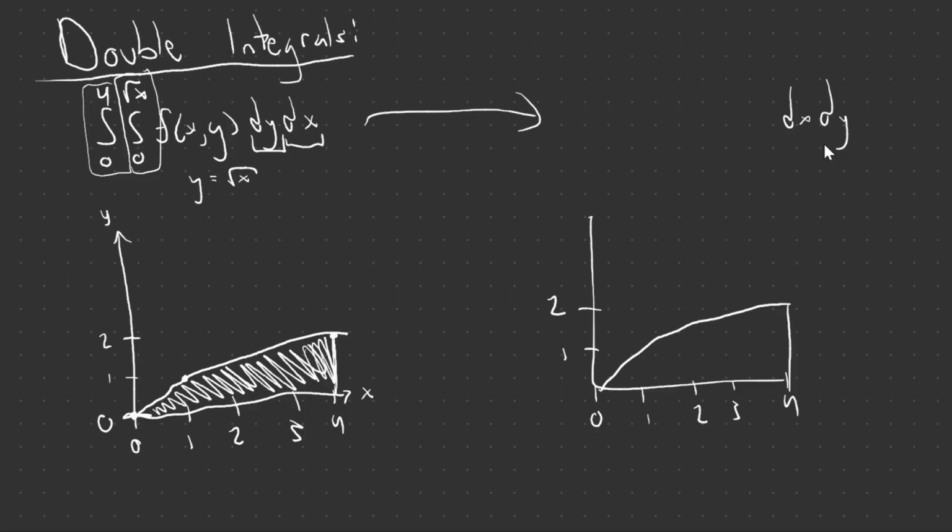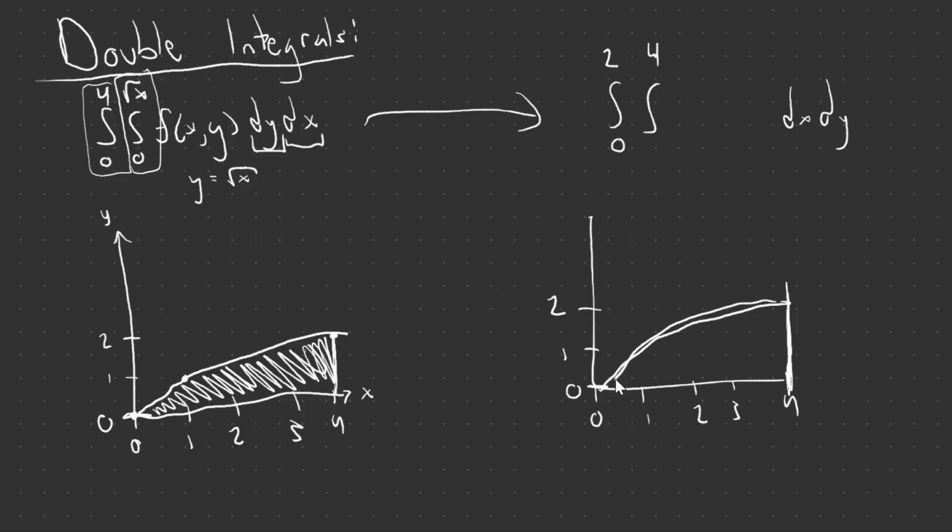So first of all, we need to determine the range of the y values. So we see that the lowest the y possibly goes is at 0, and the highest the y value goes is at 2. So this outer integral is from 0 to 2. And then the inner integral, which is related to dx, is the range of the x values. So we see that the highest x value possible is here at 4, so that's our max. And then the minimum is along this curve here, which was the square root of x,